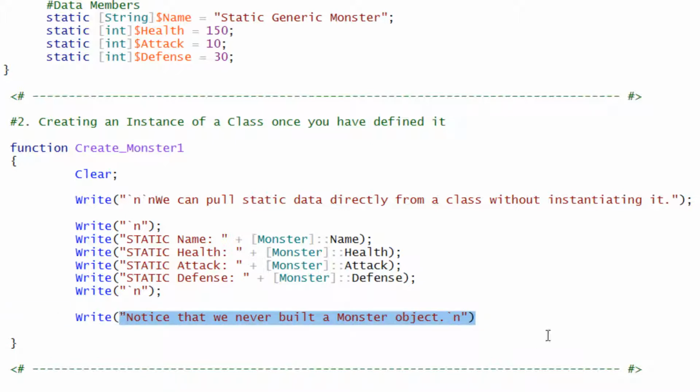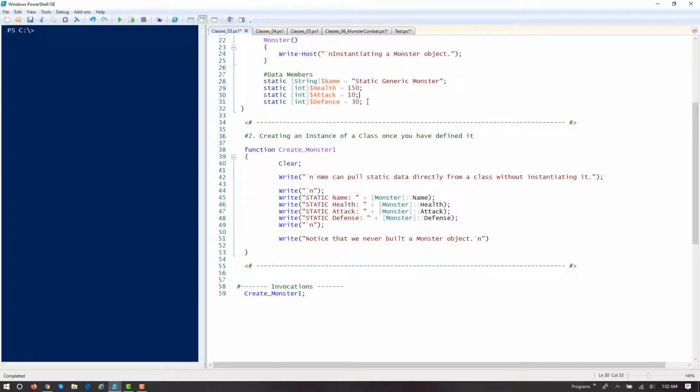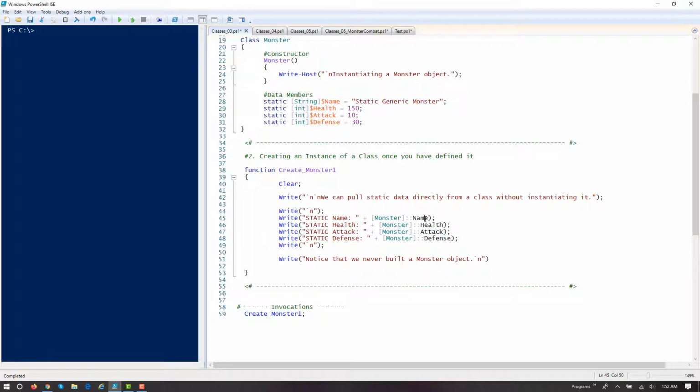Notice we never built a monster object. This would never work if these data members weren't static. PowerShell would say, no way, I'm not going to let you do that. You need to build a monster before you can access the monster's name, health, attack, defense. But this is the exception to the rule because, and only because, we declared these data members to be static,